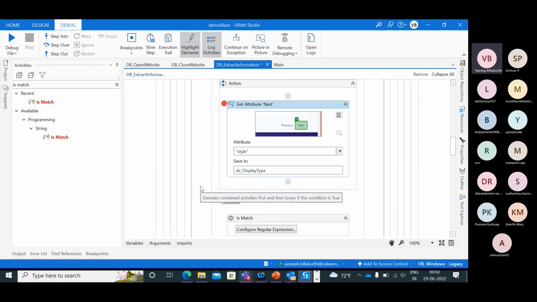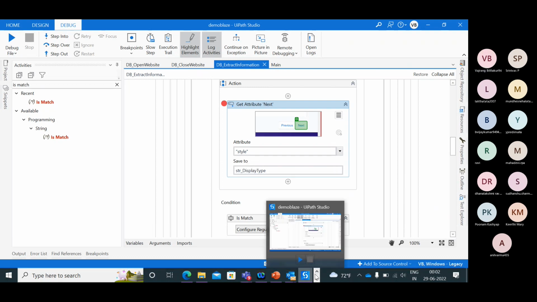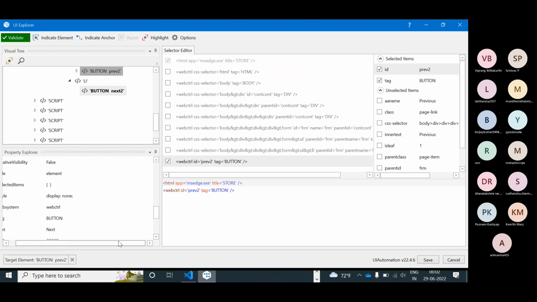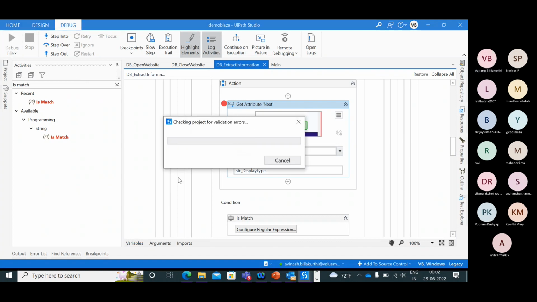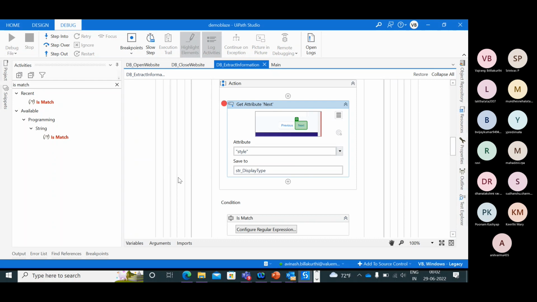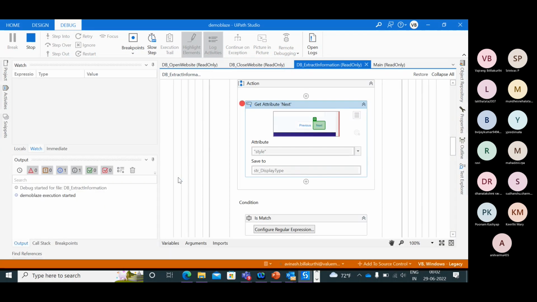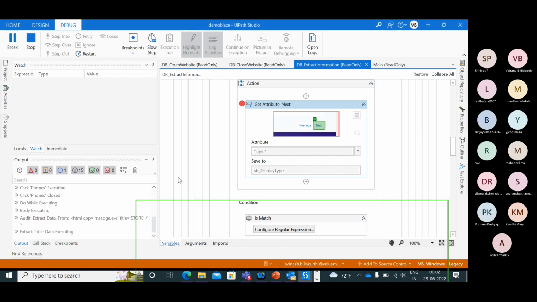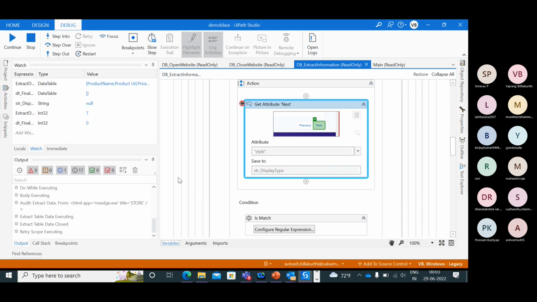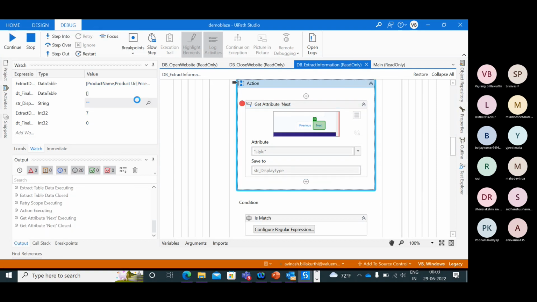Let's go ahead and give it as try catch. Debug again. Step into, still empty.